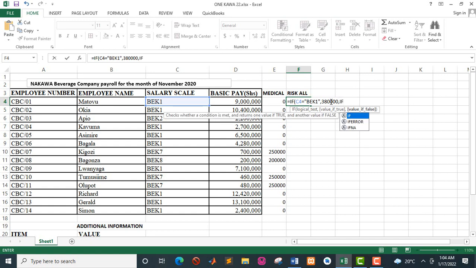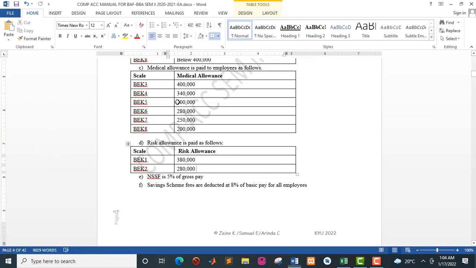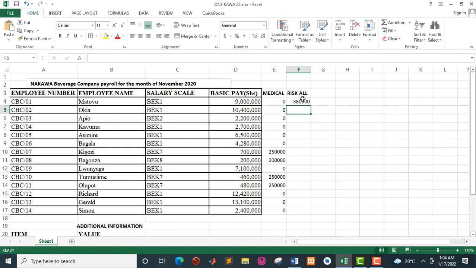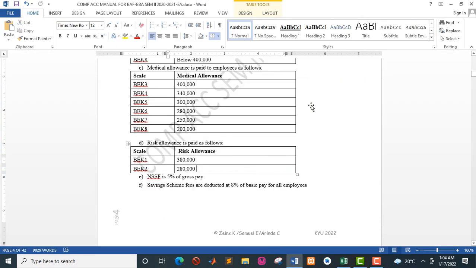Else, if the scale is equals to BEK2, then value if true, the risk allowance will be 280,000. Else, zero risk allowance, meaning that all those that don't meet these two conditions get zero. So we close the two brackets, press the enter key, then you double click. Okay. So we have so far computed